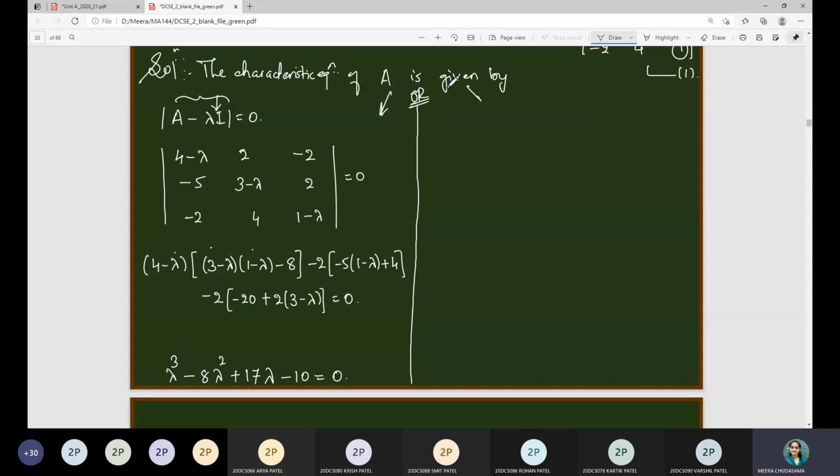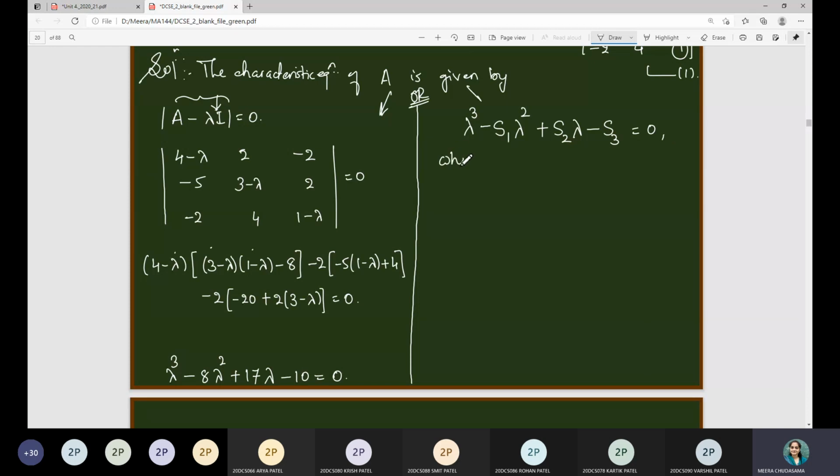The characteristic equation of A is given by, since it is a 3 cross 3 matrix, it will start with lambda cube. Then you have to consider alternate signs. Since this is with the positive sign, the next is minus S1, decreasing the power of lambda, so now it is lambda square. Now the opposite sign, S2, decreasing the powers of lambda, then alternate sign S3, lambda raised to 0, that is 1, is equal to 0.